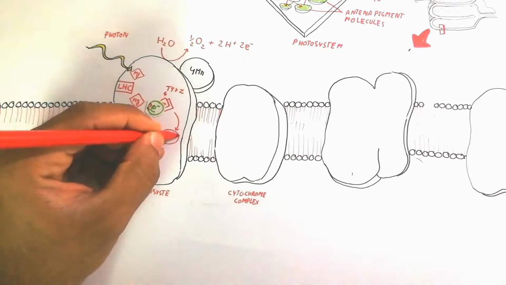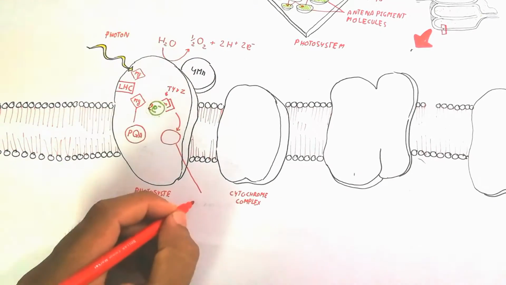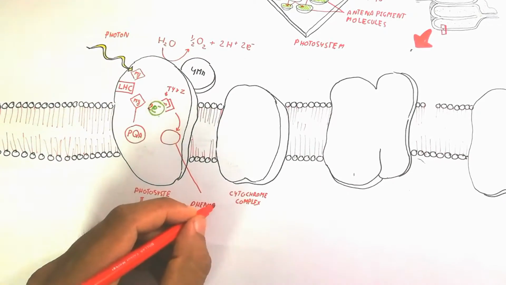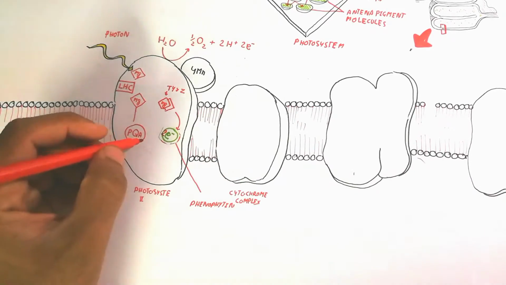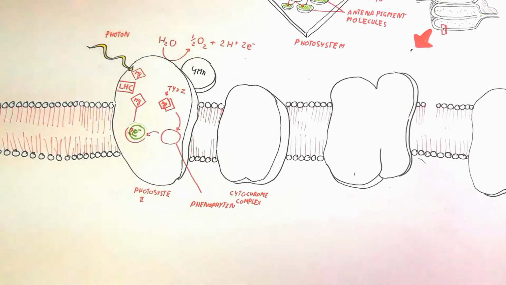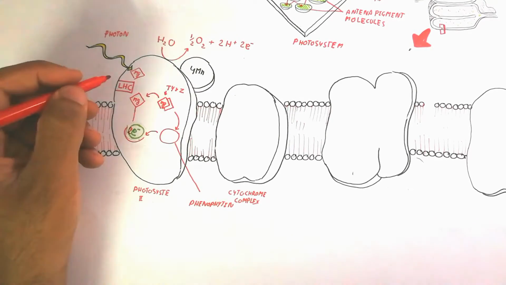The special pair of magnesium ions accepts the electron further, and it then goes into another protein known as pheophytin, and the pheophytin protein will transfer it more to the